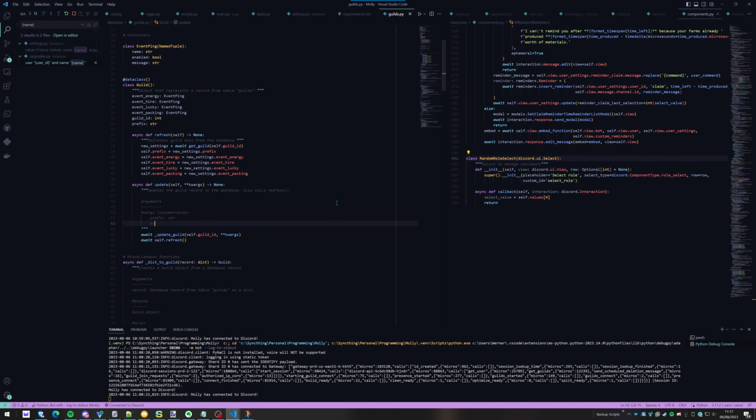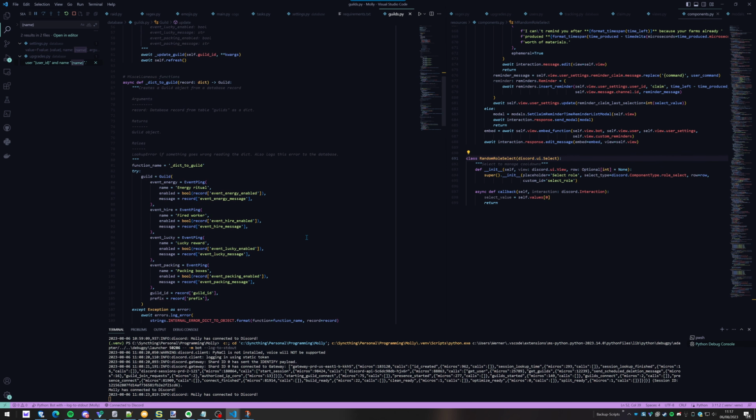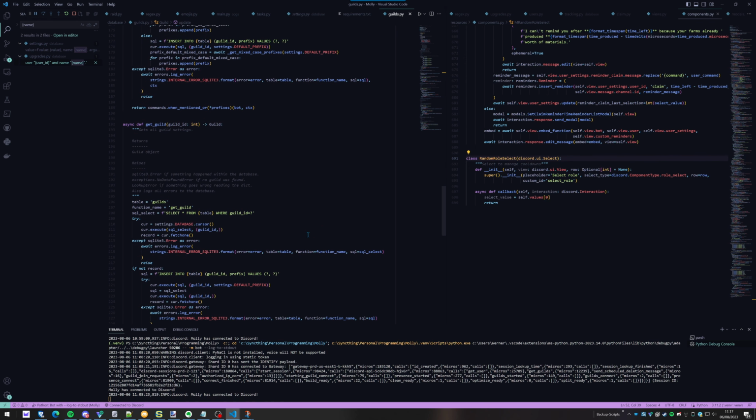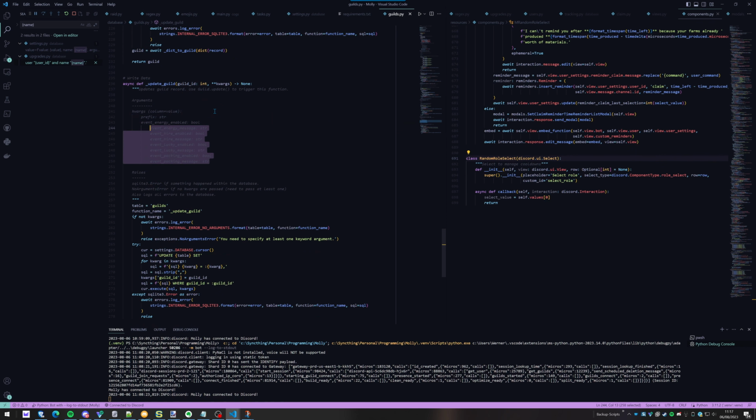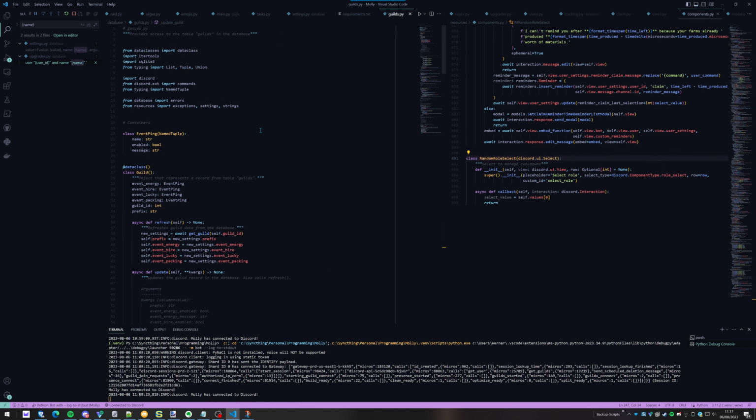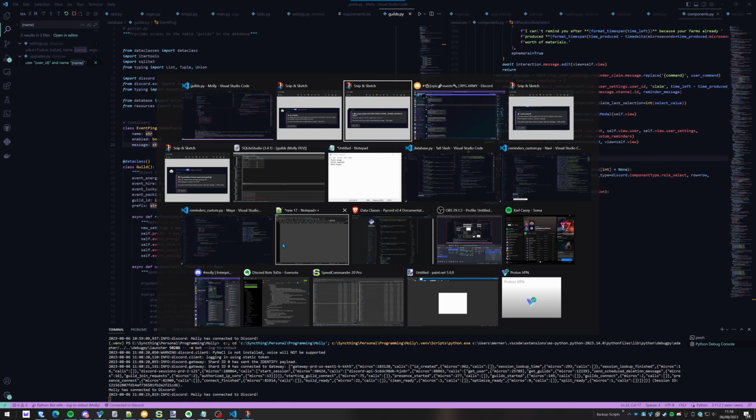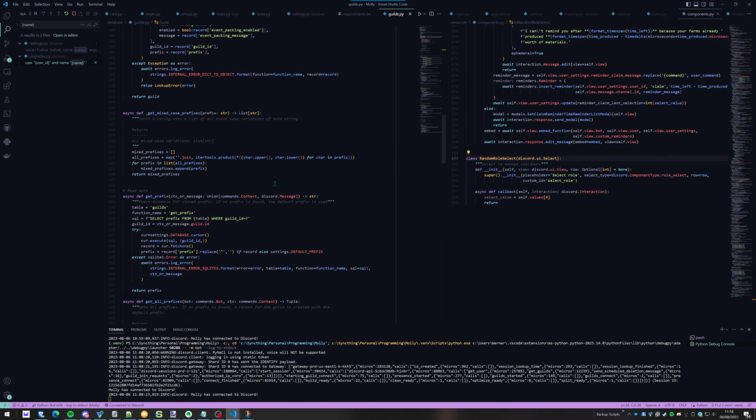Now I also have to add event energy enabled, which is Boolean. Event energy message is string. Lucky. And packing. Okay, so that should be everything from the database for now. No, not quite. Now if I insert a new record,